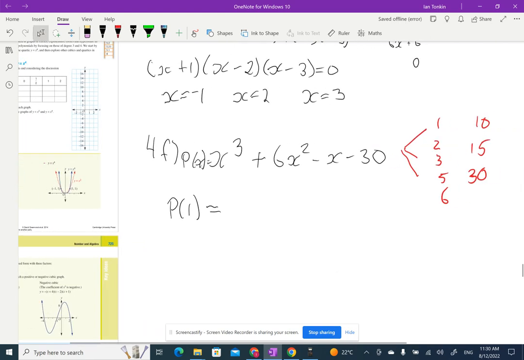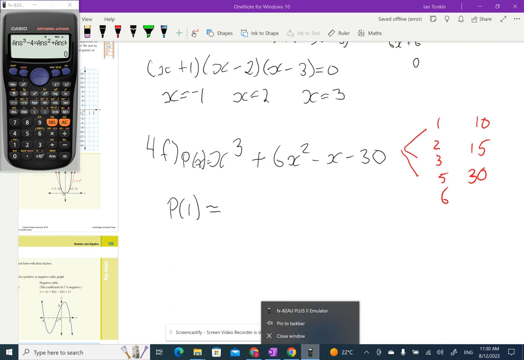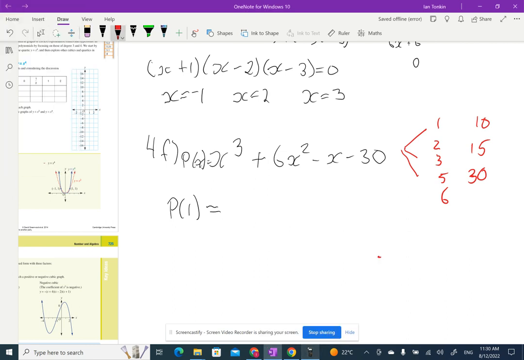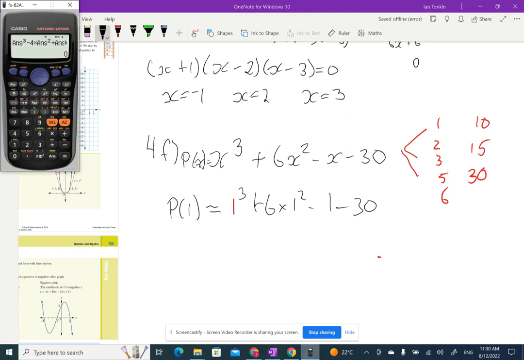So P of 1. Again, now, hold on. I'm just going to write it out. So I'm going to get 1 cubed plus 6 times 1 squared minus 1 minus 30. And I'm pretty sure that's not going to work, but I'm going to go through it with the calculator anyway. So 1 is my answer, so 1 equals. Now I write this equation. So my answer